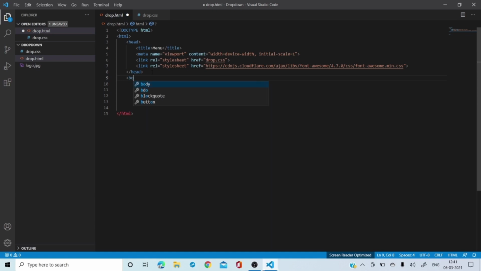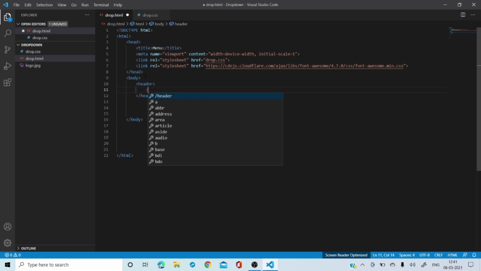Okay, so the first thing I'm going to do is make a body, and in this body I'm going to put one header. Okay, so my header is over here, and in this header I am going to create one div, and the class name is logo.